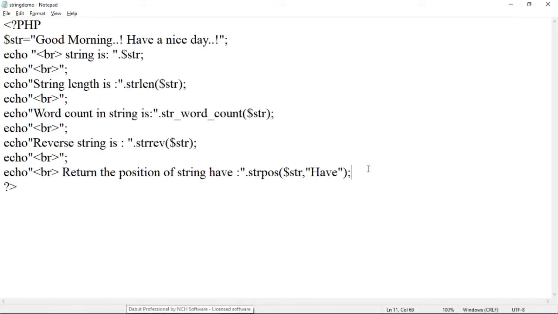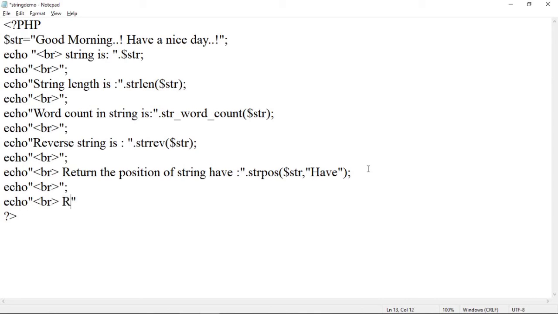Now to have the next output on the next line, again we will use an echo br statement. After that, to replace the string with another word we will use the str_replace function. So let us add the echo statement first, echo. After that use br to have the output on the next line.